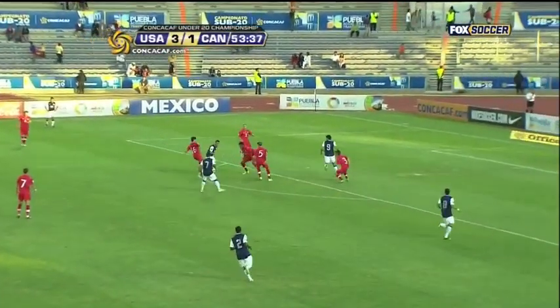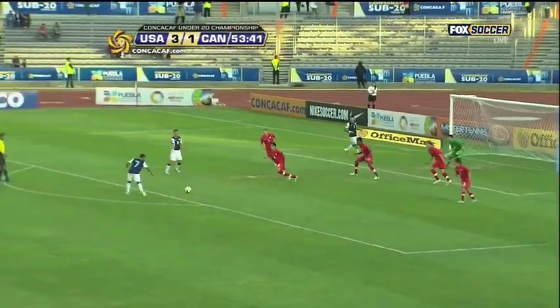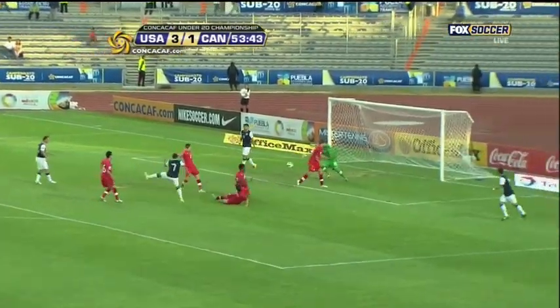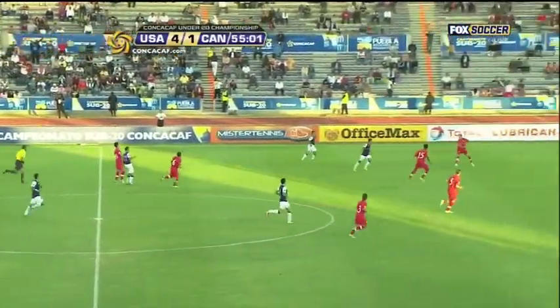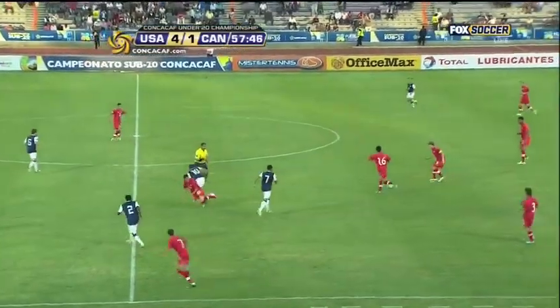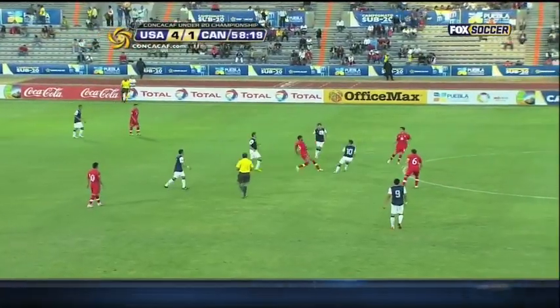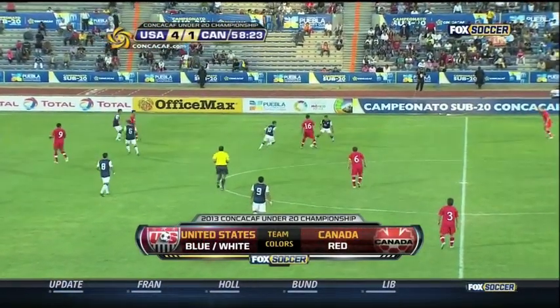Good layoff there for GIl by Villarreal. The return. Villarreal wide. This is Hoya. Back to the top of the box. Jose Villarreal. Other way for Canada. Good footwork there in the traffic. That if they got a yellow card in this match, they'd be suspended for Friday semifinal. But as you said,